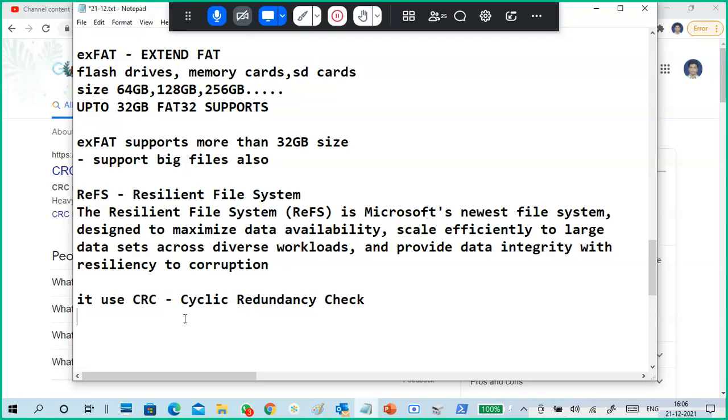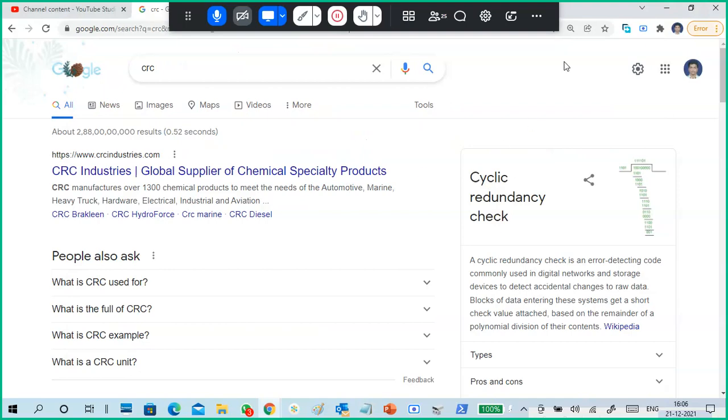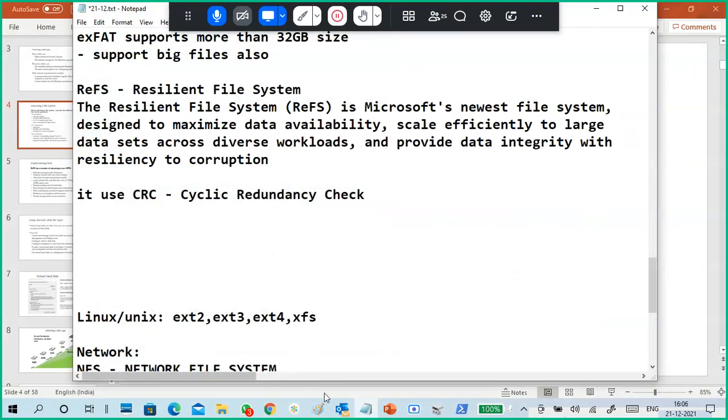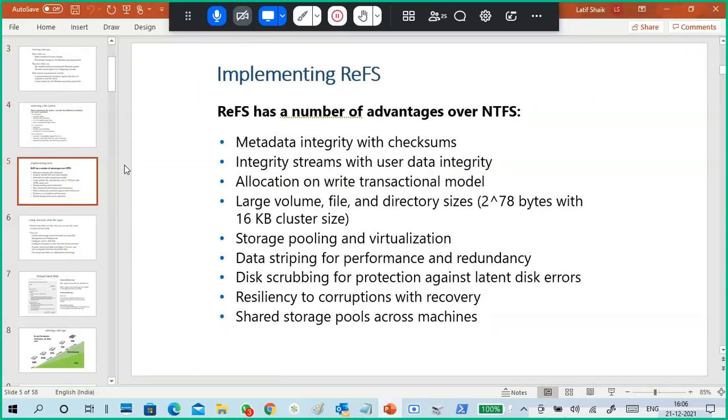So there we use ReFS, the Resilient File System, with cyclic redundancy check. In our PPT we have that also, so you can see it there.